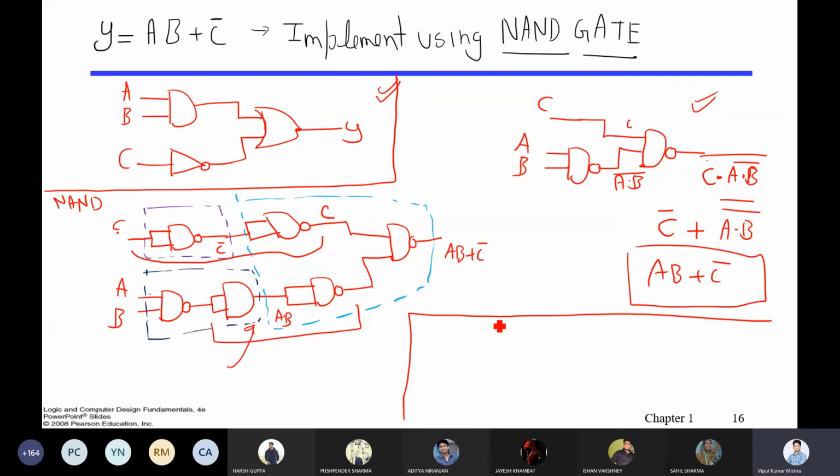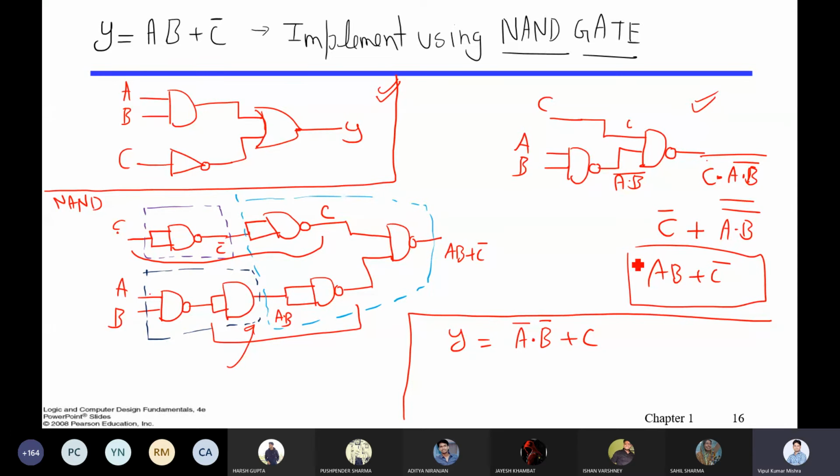One more. Suppose I have an output. Let me take a simple example: A bar dot B bar plus C. Suppose you want to implement this. What you have to do?